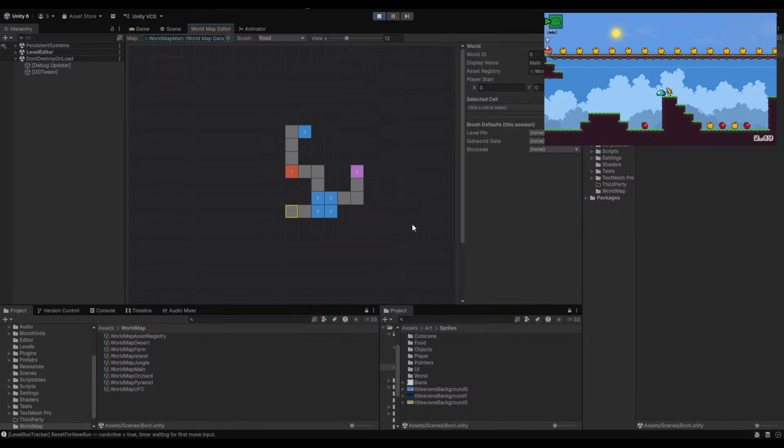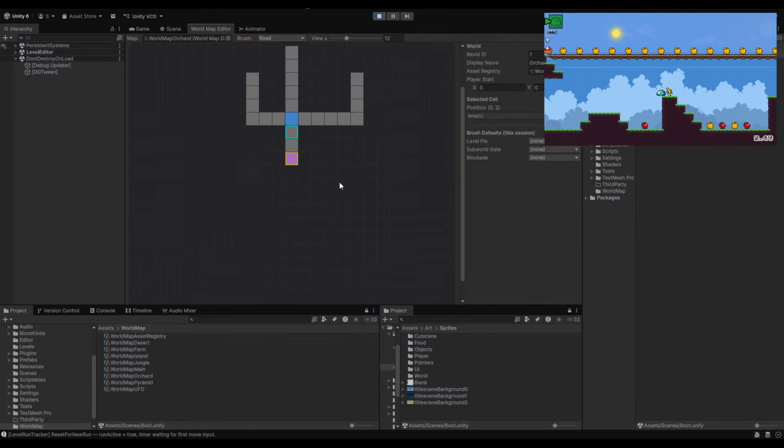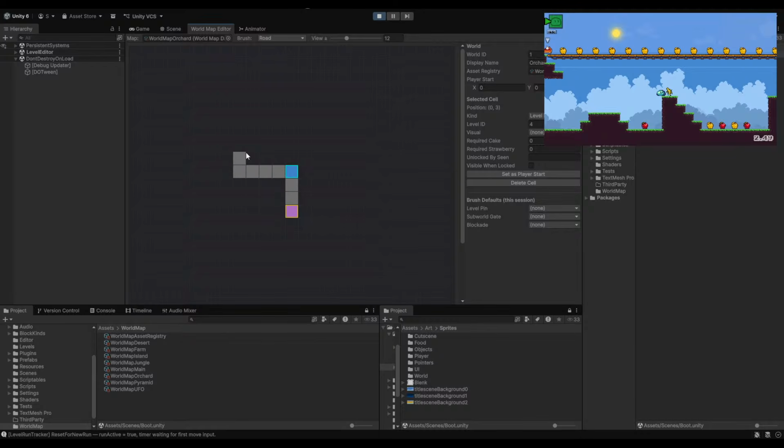World map main. Yeah, so we're going into this area, which is a sub-world, because we're not going to just have one world map. That's boring, right? Kind of. Let's go to sub-world forest. No, this is orchard. I renamed it to orchard because I think that's better. And then we'll have levels here instead. And then boom, we'll have something. It's probably not going to look literally like this, but yeah. So that is what you saw earlier.